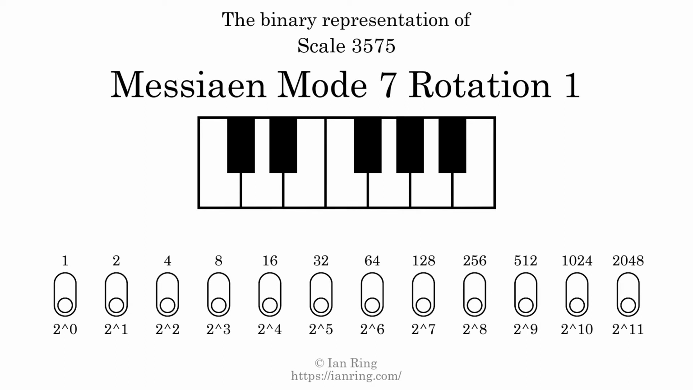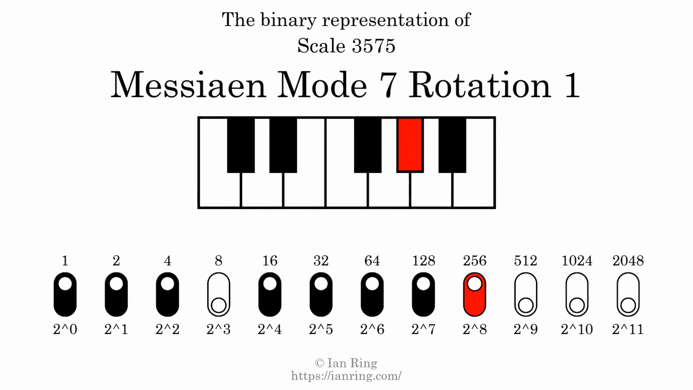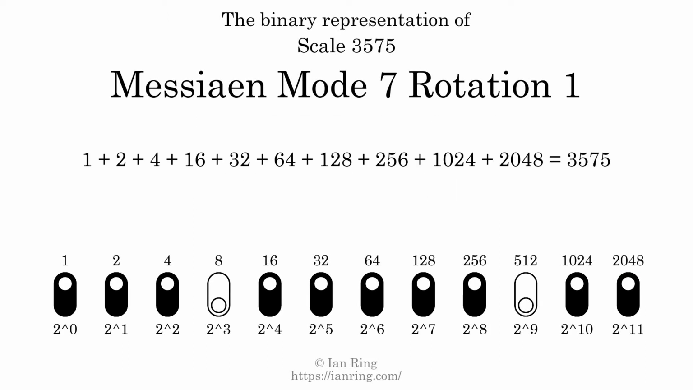The binary representation of this scale is determined by mapping tones of the scale to binary digits. Each binary digit represents a power of 2. To get the scale number, we add the powers of 2 together. The powers of 2 that are present in the scale, all added together, equals 3575. That is why the scale number, in decimal, is